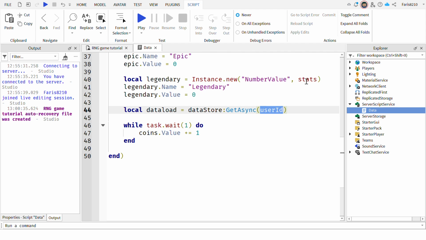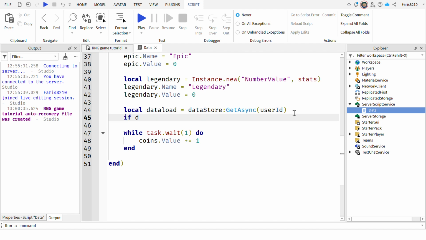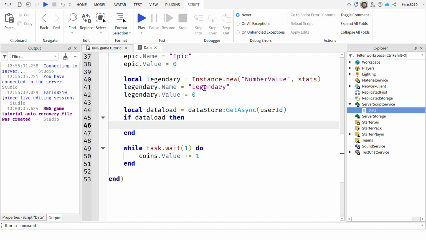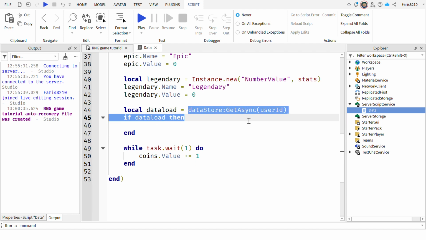We're going to find it in the data store, and then we're going to pull out its stats, right? So it's going to look in the data store for this user ID, the player's user ID, find it in the data store and load the stats. So what we want to do is write if data load then, which means if it's true, if we found it in the